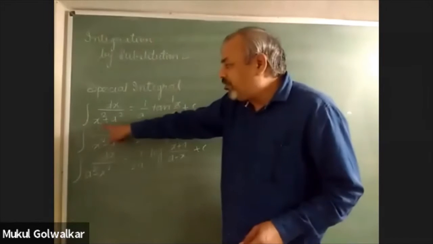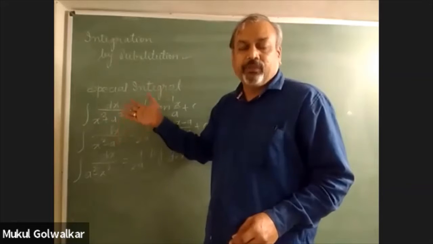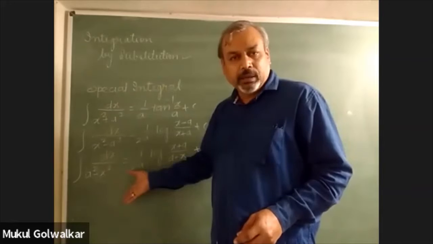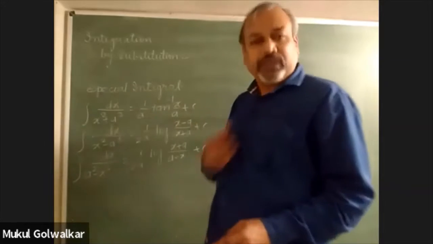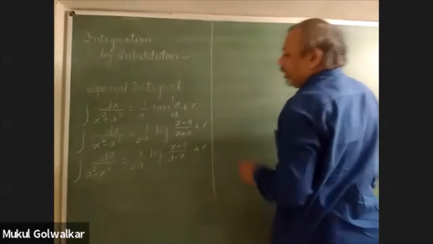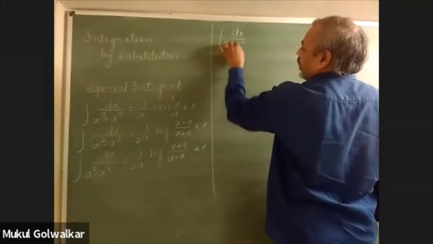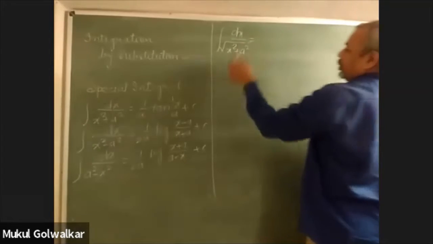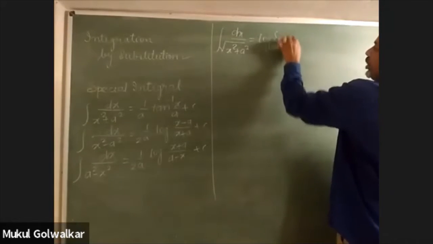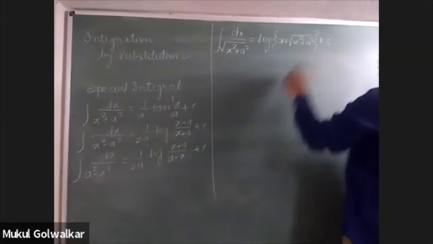All of them will be having only 2 terms in the denominator, a square and x square. Here 3 functions I have written without square root sign. Now 3 functions I am going to write down with square root sign, but you see that answers for all formulae are different. So if I write the next formula, dx by under root of x square plus a square, the answer will be equal to log of x plus under root of x square plus a square plus a constant of integration.